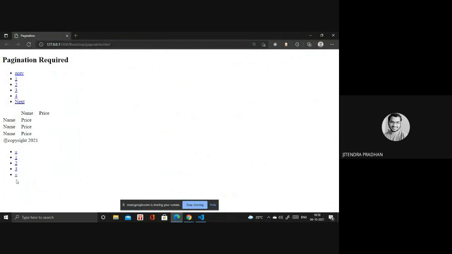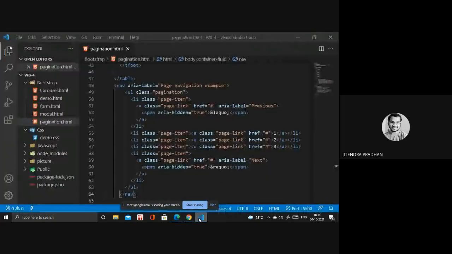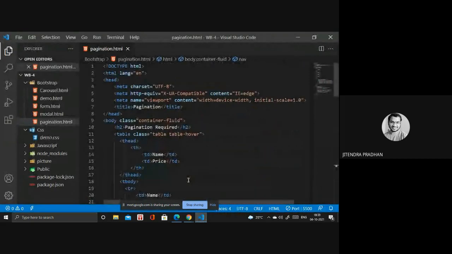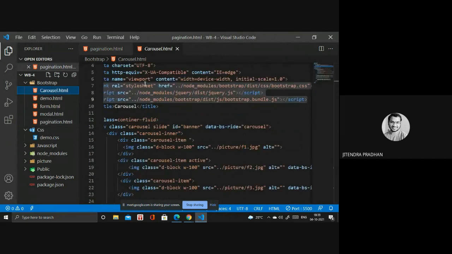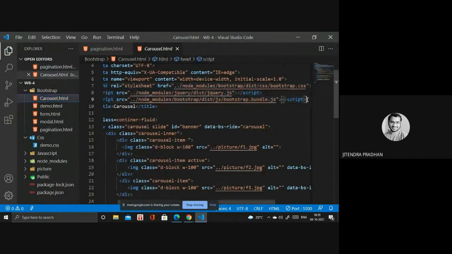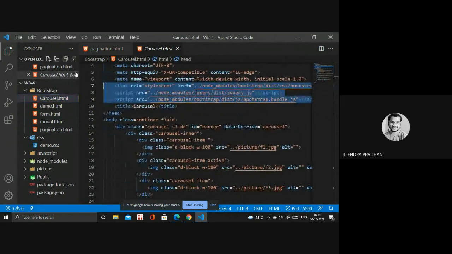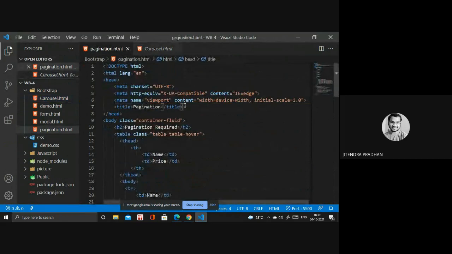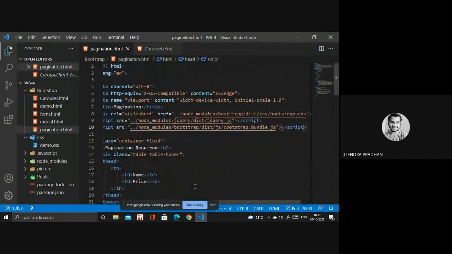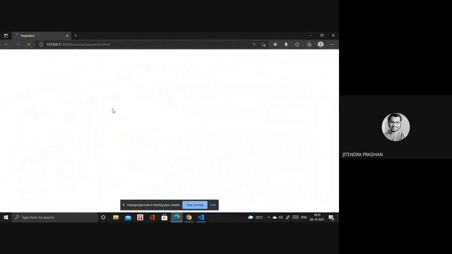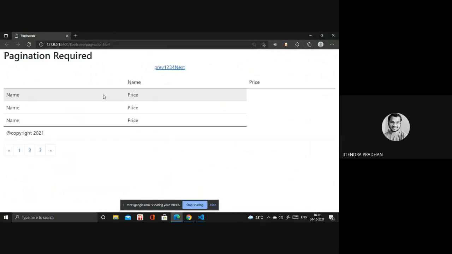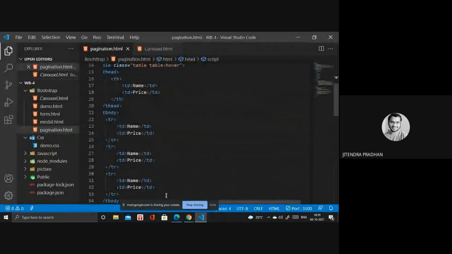It looks like that because we are not giving any Bootstrap. If you copy that file and put it inside the head part, it will show you perfectly. Let's see how. It's one, two, three, four. All these things are there. Okay, I hope you got this point, how we need to use it.